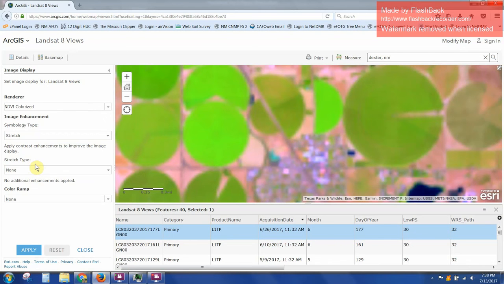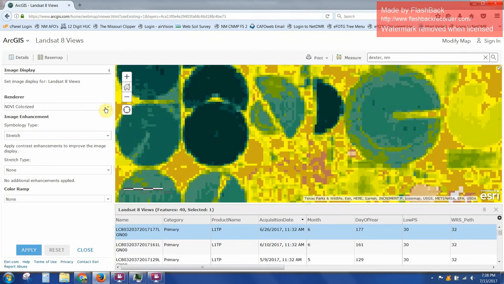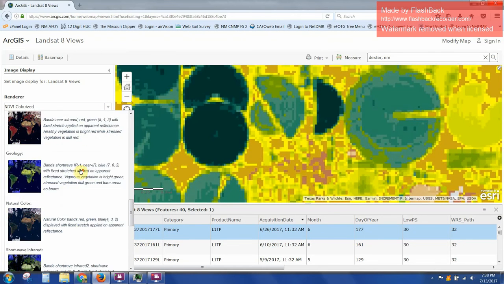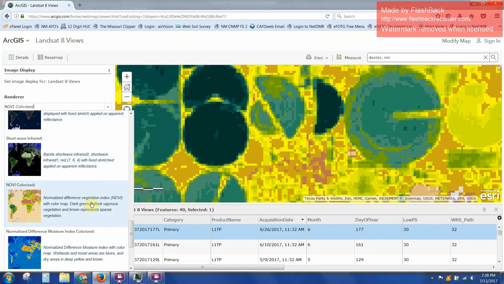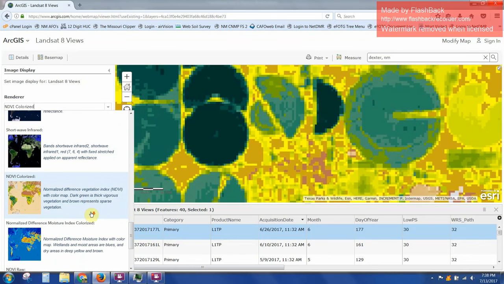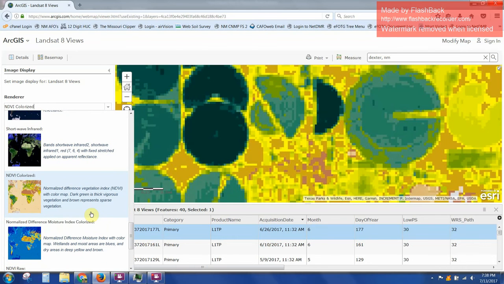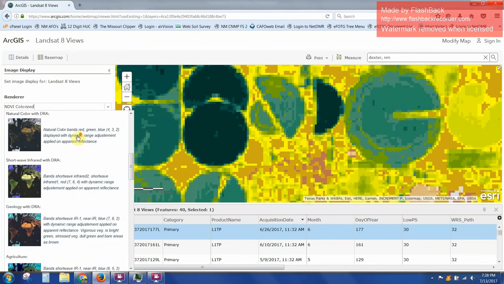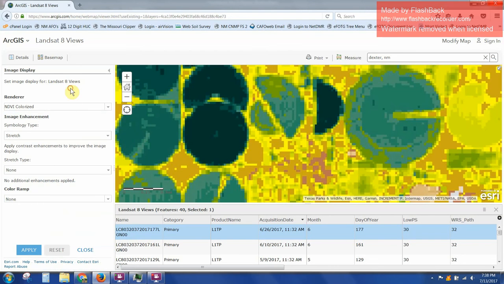NDVI colorized, we'll go ahead and just select it and apply. So you can see, we'll go back to the table so we can see what those are. So dark green, thick vigorous vegetation, brown, sparse vegetation. You'll notice some of these layers use similar sensors, and they're going to show the data in a very similar manner, but some of the changes are pretty drastic between the different sensors. So anyway, it's fun to play around with, and that's how you switch between the way the data is processed